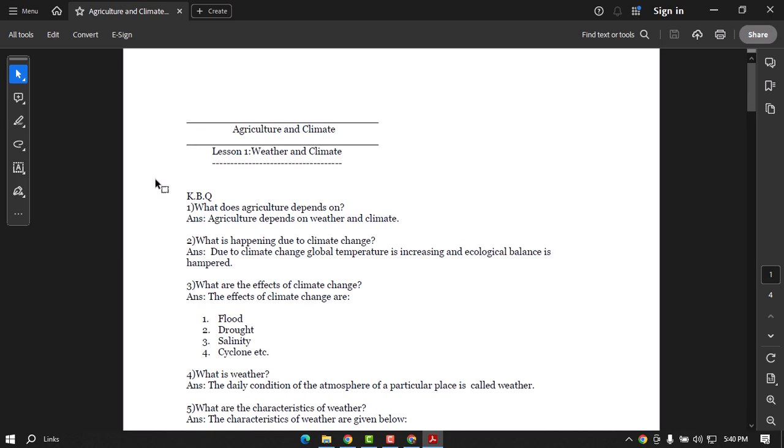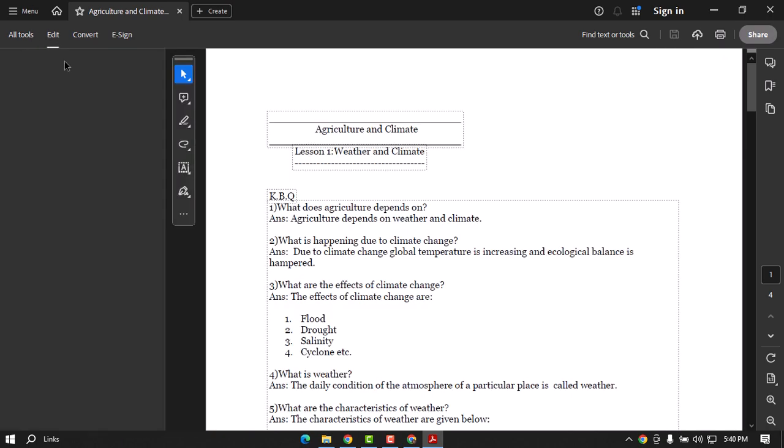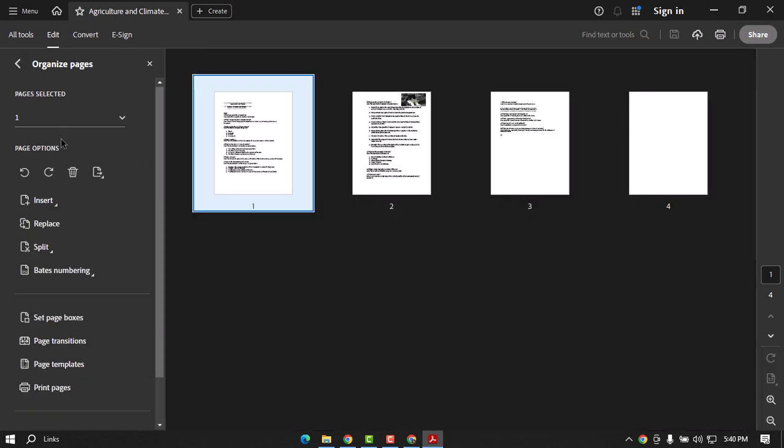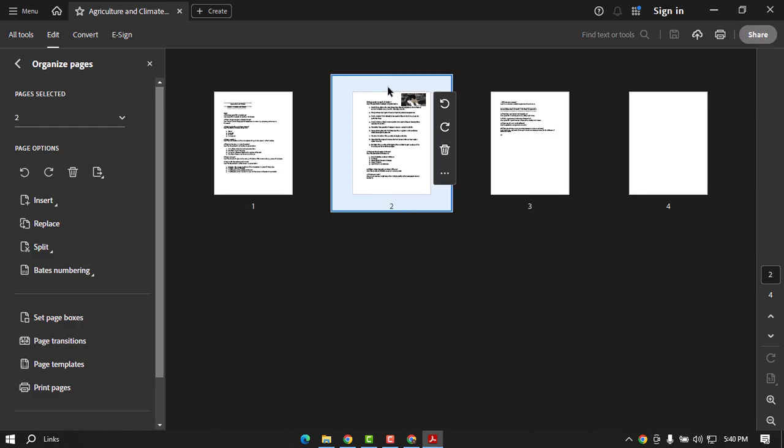Once you have opened up your PDF file, if you are using Adobe Acrobat, and I'm currently using that one, you just have to go to Edit, then click on Organize Pages, and as you can see, there are 4 pages currently. Suppose I want to add a page after my second page, then I'm clicking on it, and once it is